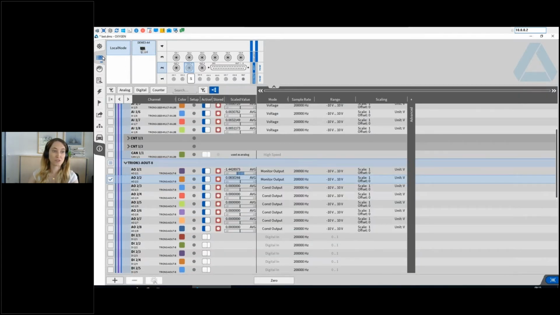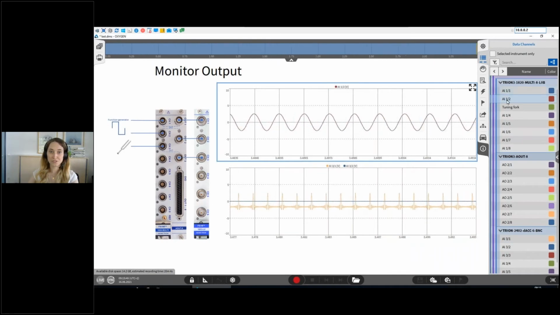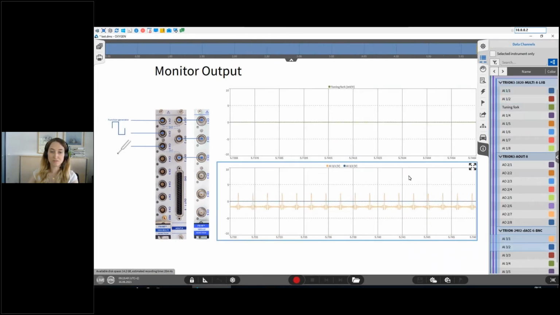And now I will return. And I will choose the tuning fork here, the original signal, and the second signal of the analog output board, the second channel. And if I hit my tuning fork on the table,